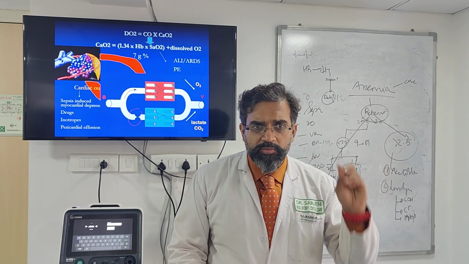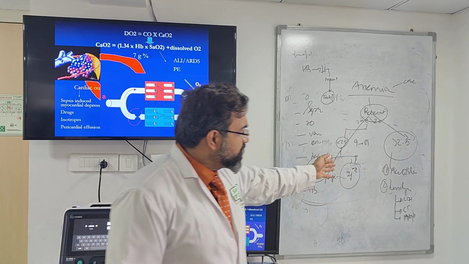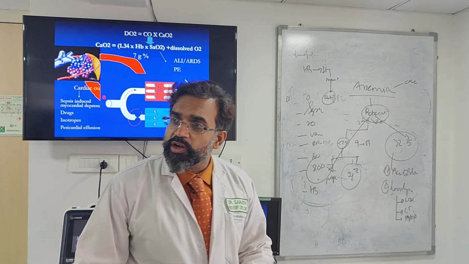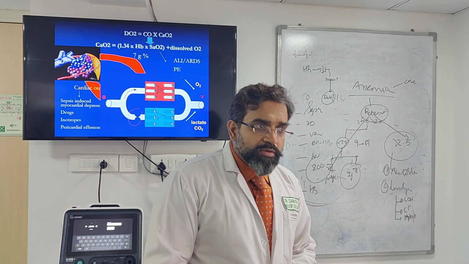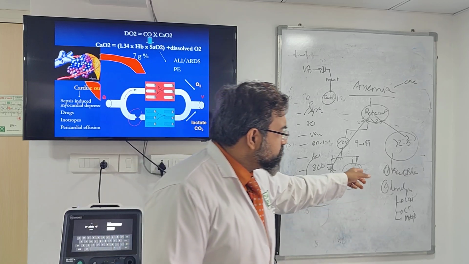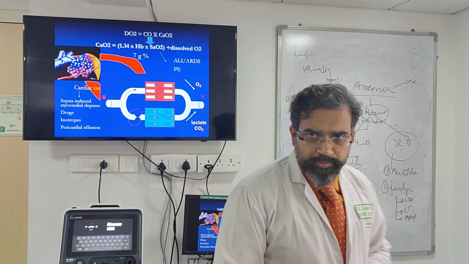If you want to really figure out what you're dealing with, you have something in your mind. I think this is what the problem is, hence I want to send this investigation. If I'm certain that there is nothing on this part, I'll just send a stool for occult blood and figure out what's happening here. So acute blood loss is something that is occurring. One of the commonest causes of acute blood loss in the ICU is venipuncture.